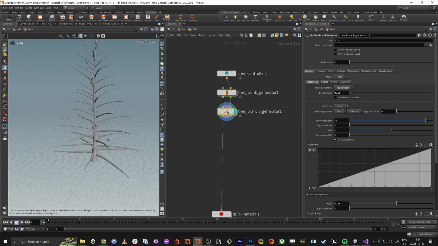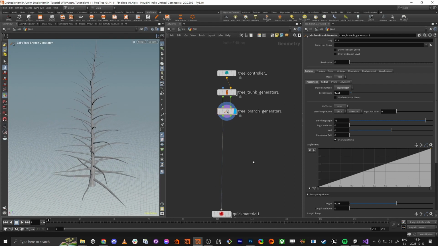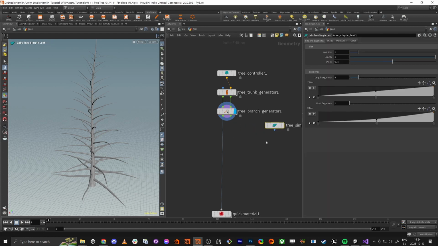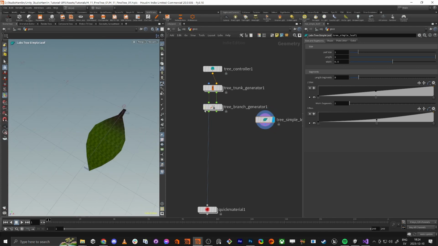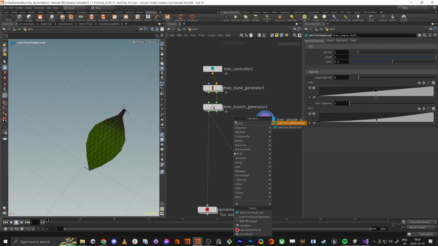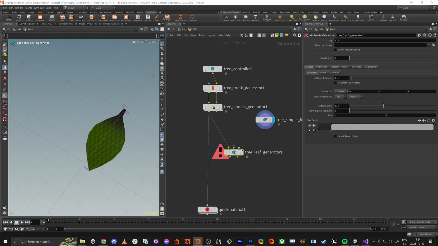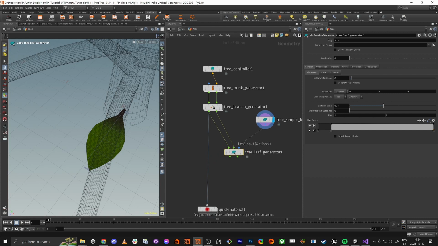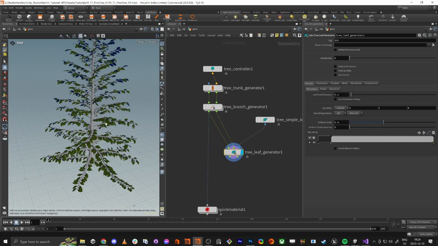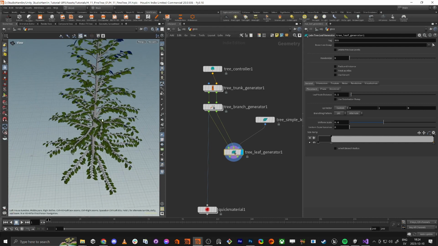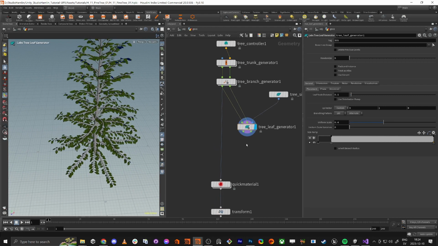And let's see. All right, so now we're going to make leaves, actually pine leaves or whatever it's called. But if we do leaf, we have labs tree simple leaf, and it will look like this, a simple leaf, super nice. And then we're going to do here, we're going to do a labs tree leaf generator. So we're going to make sure that we plug it in like this, and then we scatter leaves on the tree. And we're going to change this to look better, but we're going to work with this first. So if we just plug this one in,